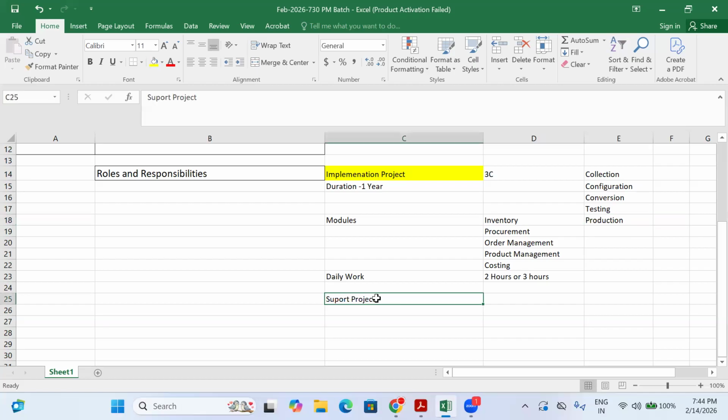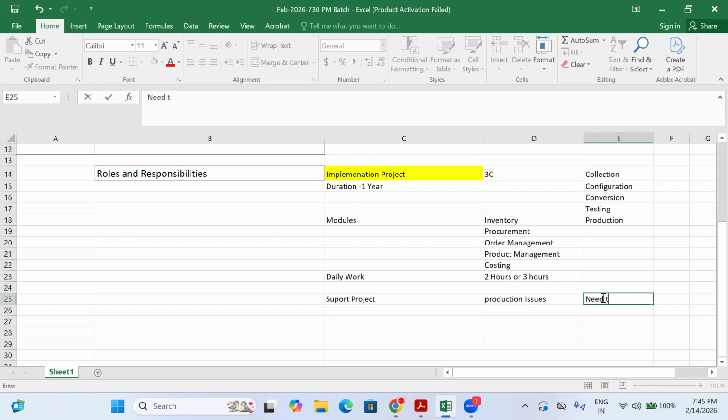If Amazon is getting any issues, production issues, as a support consultant, this is the implementation consultant, and here we call it a support consultant. As a support consultant, what are your duties? Very clear. The issue is a production issue. You need to analyze the issue,